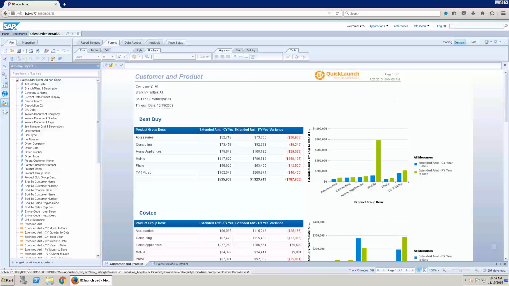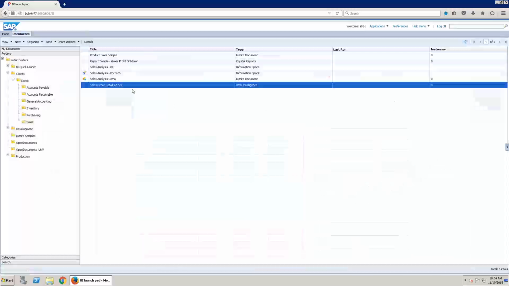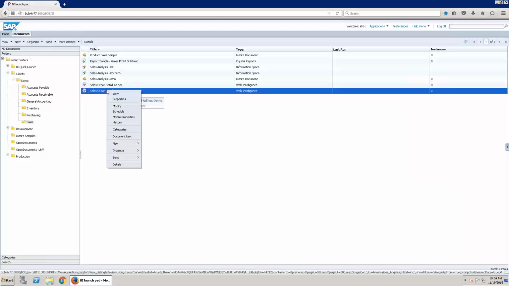We saved it back, and then I could come back in here, let's say next month, here's the report. I can right-click and view it. I can schedule it. I can modify it so you're not having to recreate. A lot of people spend hours a month exporting stuff into Excel, massaging it there. With this, you can actually build it one time and just hit the refresh button, enter your parameters, maybe a through date,